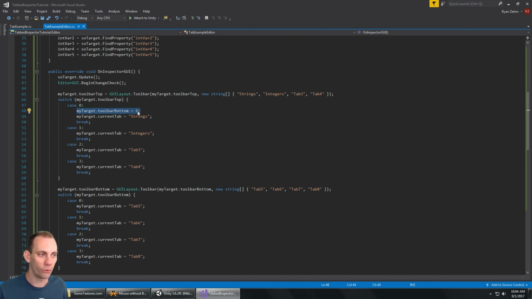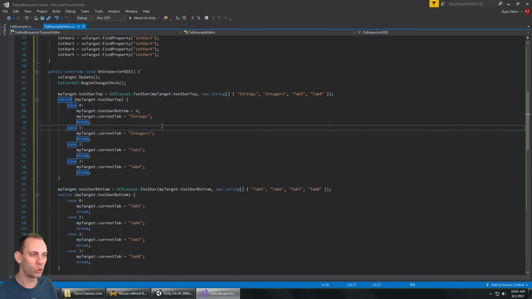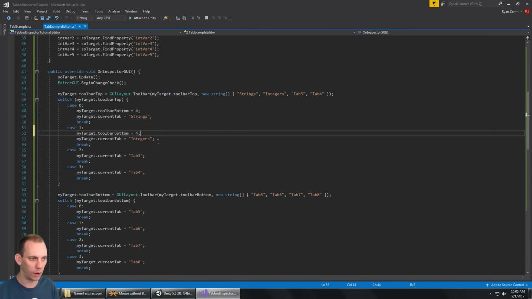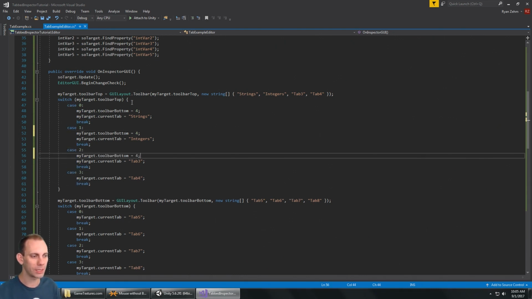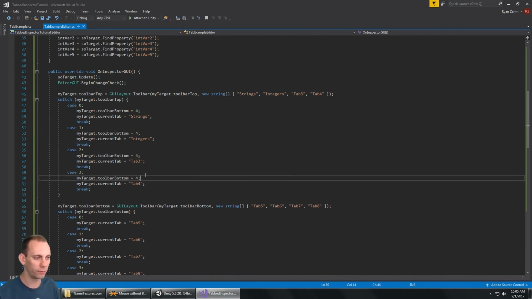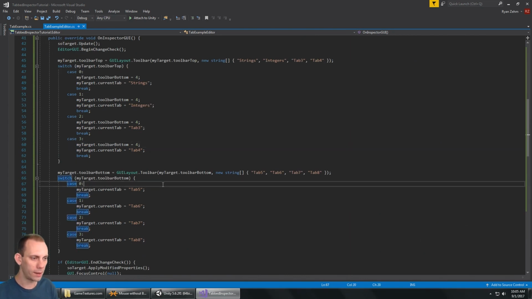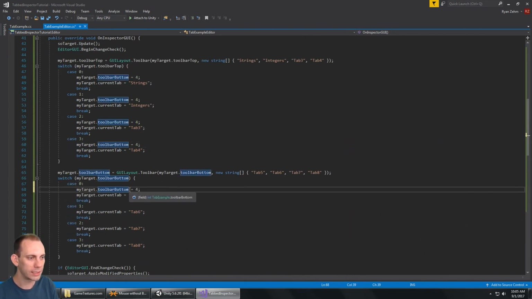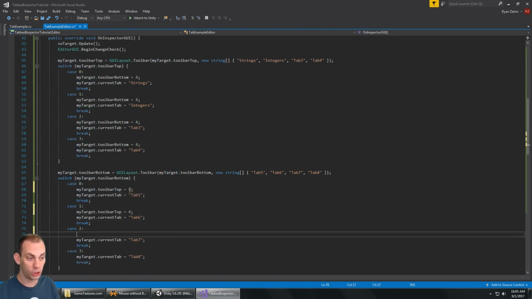to option number 4. Now there's only 3 because there's 0, 1, 2, 3 tabs. There's 4, but it starts at 0. So if I say 4, that's the 5th tab, and there's not 5 tabs, so nothing will be selected. So I'm setting the current toolbar on the opposite toolbar, the bottom one. If you click on the top, it's going to set the bottom one to toolbar number 4. And then the same goes for the bottom. If you click on the bottom, it's going to set the top toolbar to toolbar number 4, which doesn't exist,